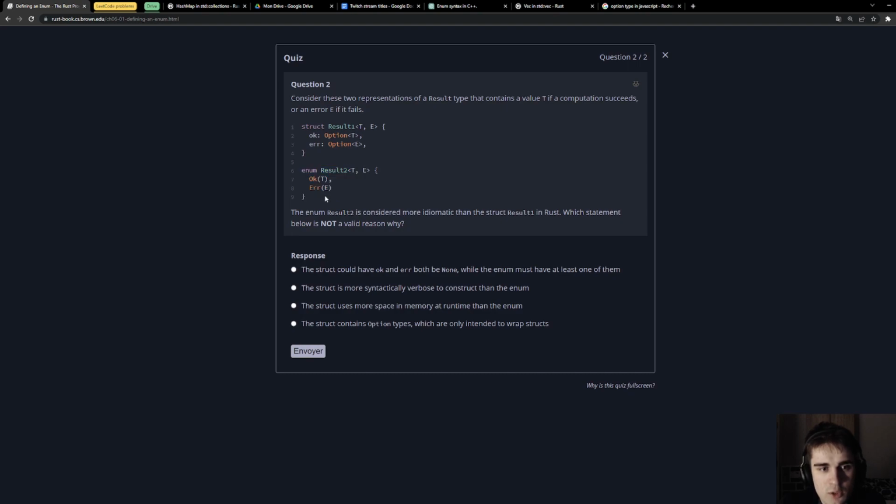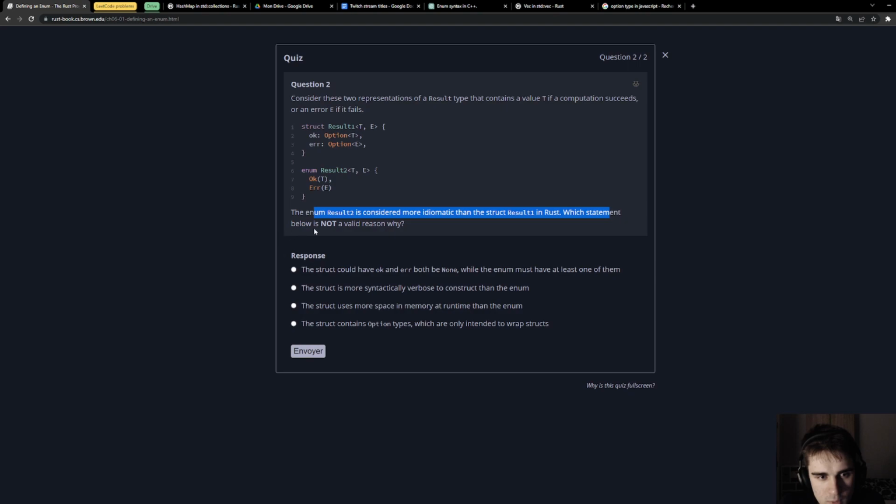The struct could have Ok and Error both be known, while the enum must have at least one of them. The struct contains option types.